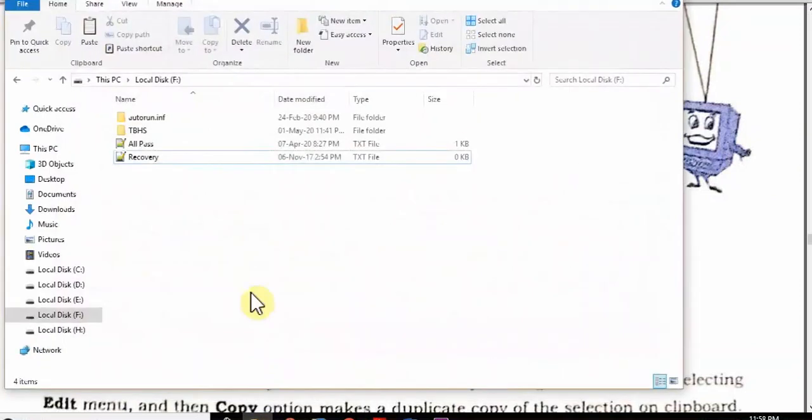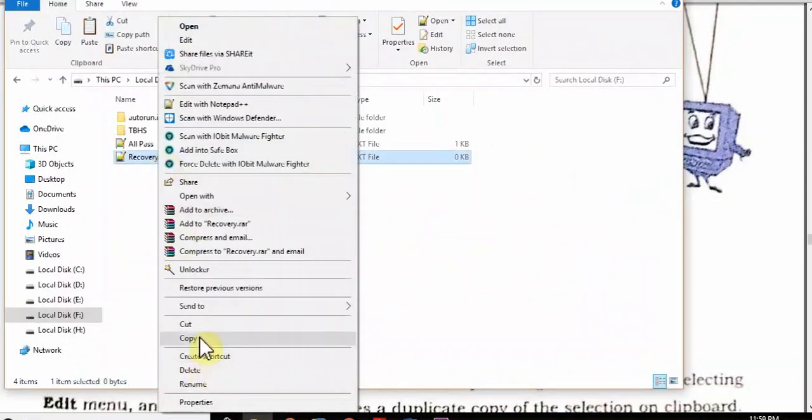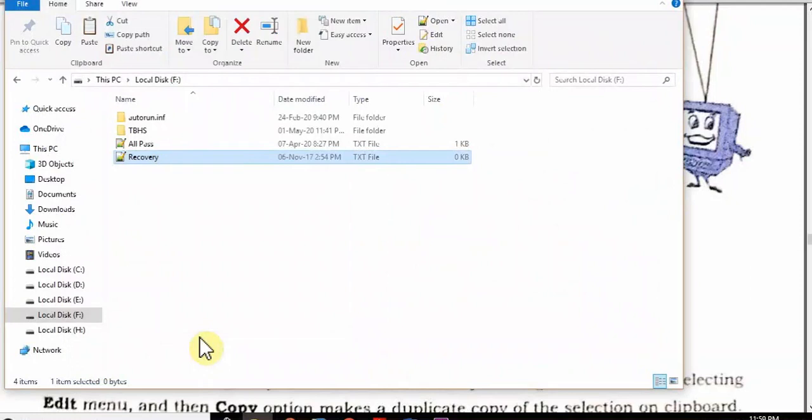Let me open this folder, and I am doing this recovery and I am copying it. Now where is this file copied? It is copied in the clipboard. It means that you are right clicking and doing the copy work. But where has this file been copied? It is not copied into the mouse. It is copied into the clipboard.